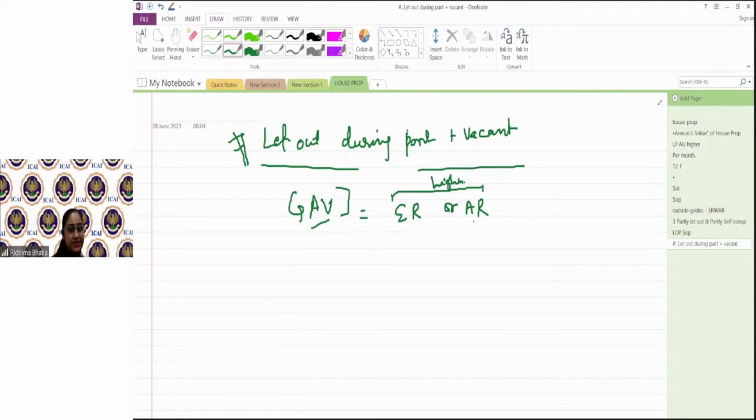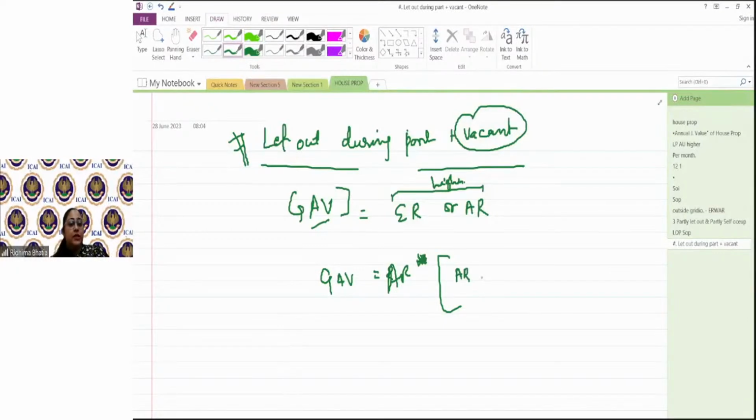But my friends, in this case, when a property is let out during the year and is vacant during the other part of the year, you can take your actual rent as your GAV. You can directly take your actual rent as your GAV, provided, I'm saying again and again and again, that